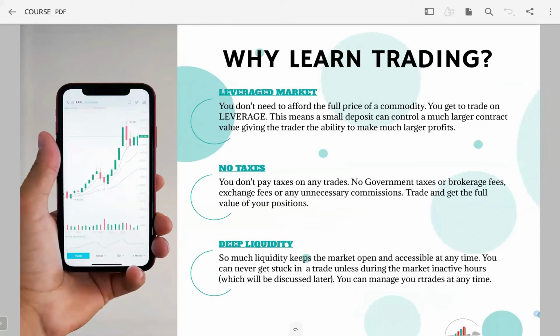Let's assume, for instance, a contract is meant to cost you $1,000. This means that you don't need to own $1,000 as the trader before you should be able to take that position. That's the advantage of the leverage market. If, for instance, the leverage is 1 to 5, this means